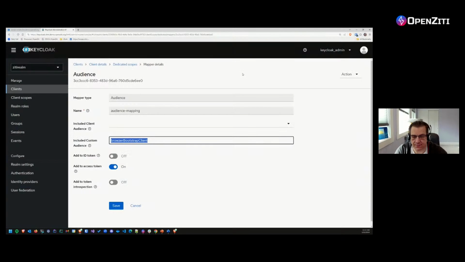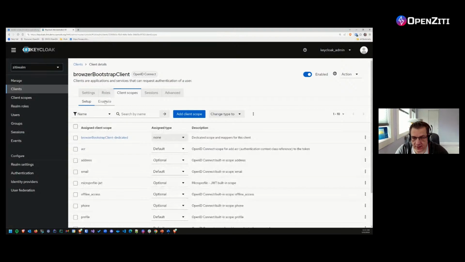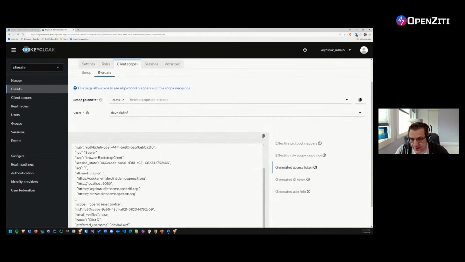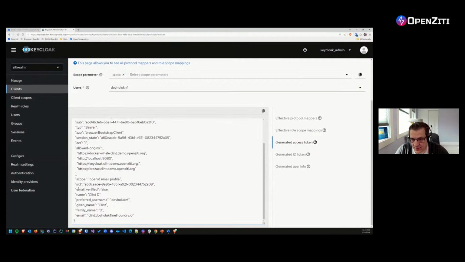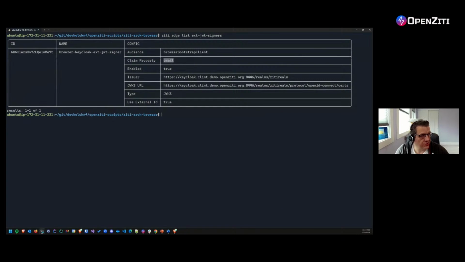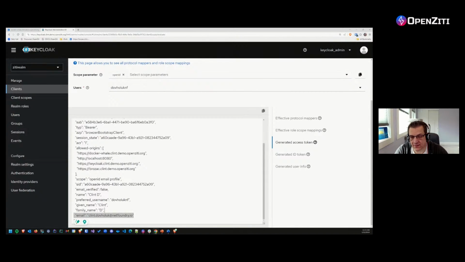Oh, email claim. Yeah. So let's go back and look at the evaluate for that user again and go to the access token. And you'll see in this access token, the email will be not verified. Where's the email? Right there. So this token will come along with a claim or a field inside of the token. And when you map the external JWT provider, that claim or field has to be the same. There has to be an email field in your token. Obviously, you can see there is. It has to also be the